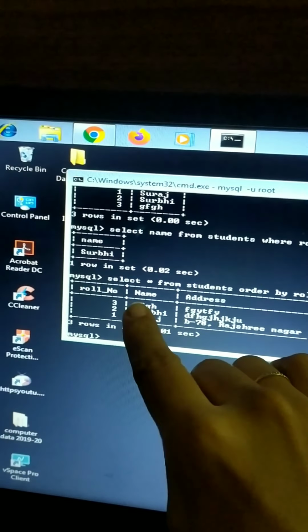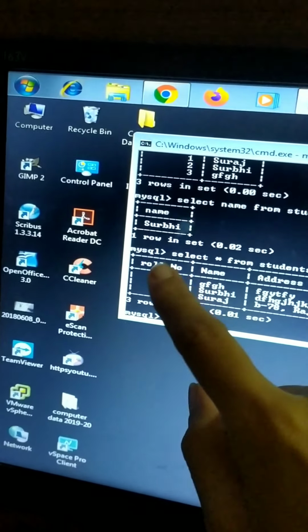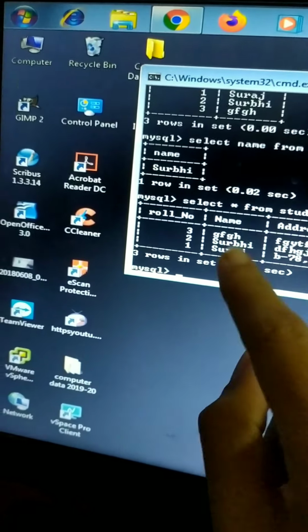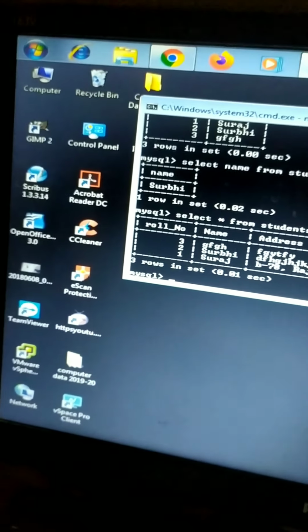See, roll number 3, 2 and 1, that is roll numbers are displayed in descending order. We can change the order of any of the fields. This is how we'll order.